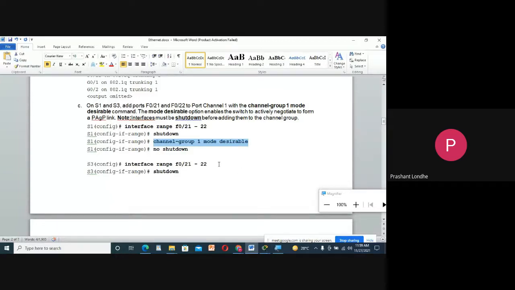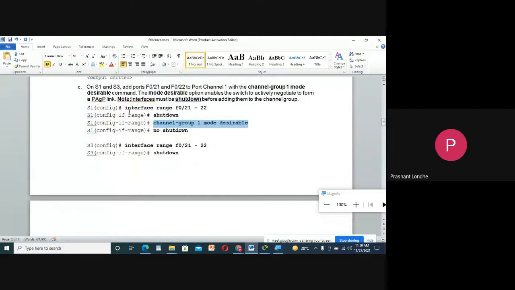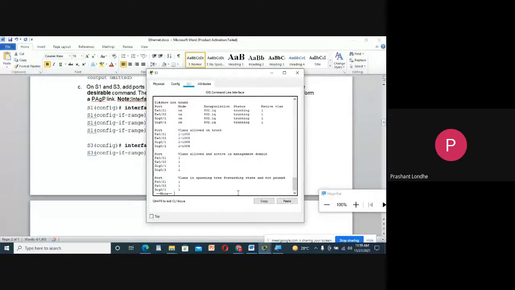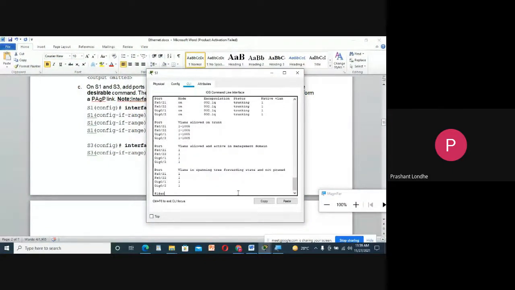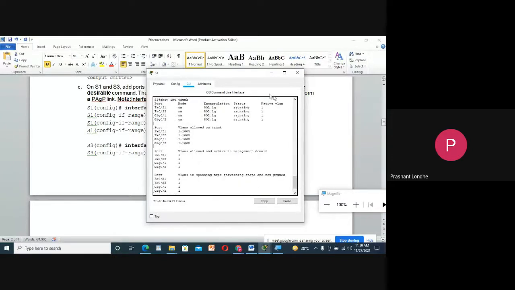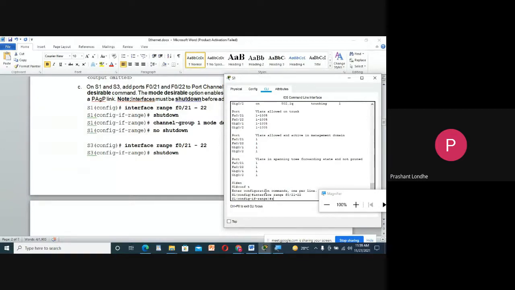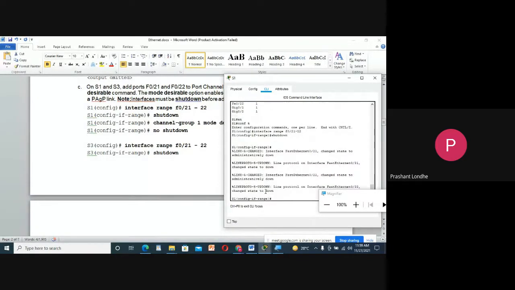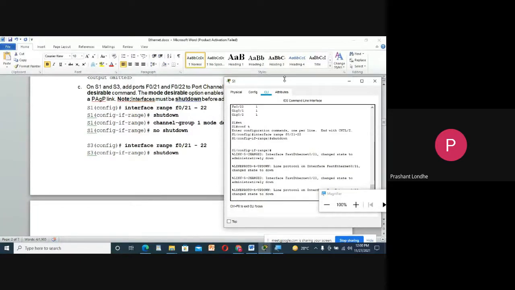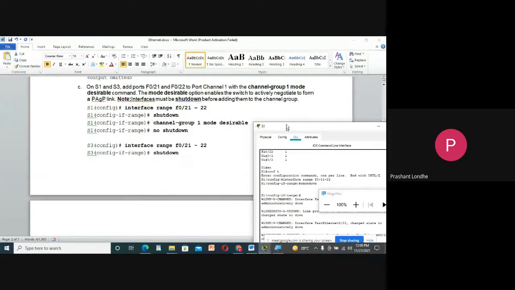You are going to convert your no negotiate protocol to PAgP protocol, or just a PAgP link. So simply I will do the thing. I will select this statement. Just enable, configure terminal, and write the line over here: interface range F0/21 to 22, shutdown, then channel-group 1 mode desirable.